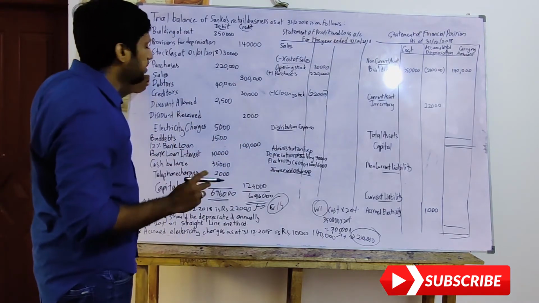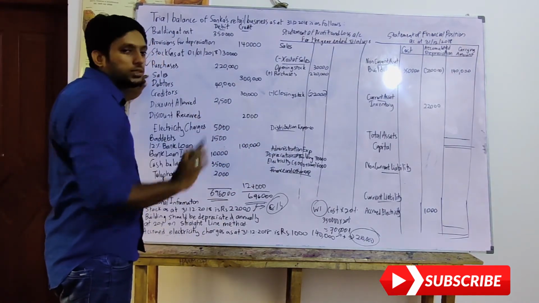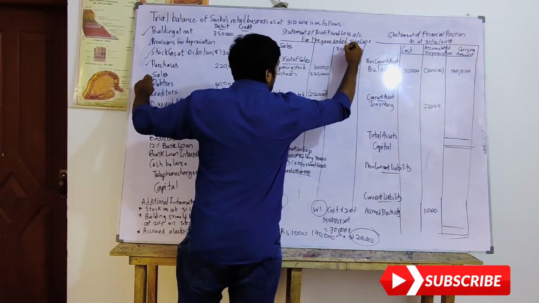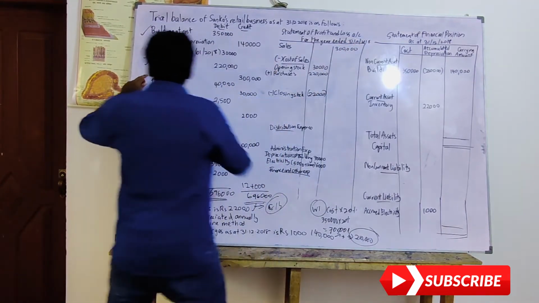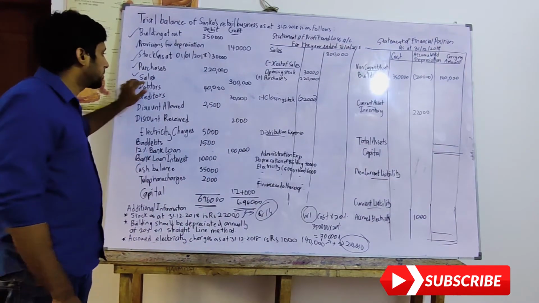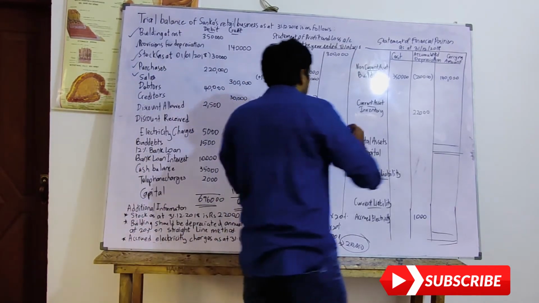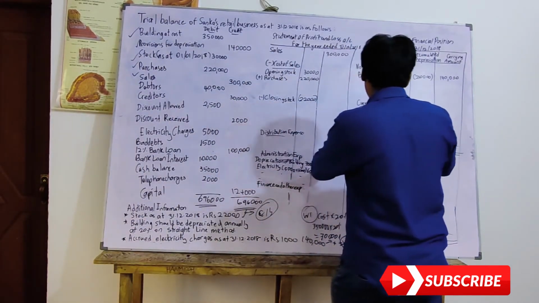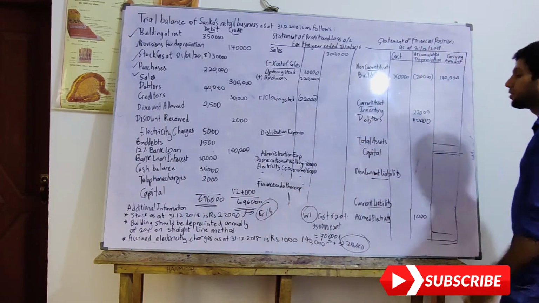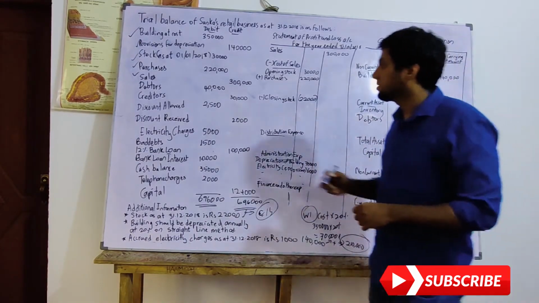Then I have sales. Always record the whole thing, then after you can come and adjust. Sales is how much? 300,000. So I have recorded 300,000 sales. We are done with that also. So we are moving on to the debtors adjustment. Let's record debtors now. Debtors is 40,000. So I will record it under current assets as debtors 40,000. So easy. Always use the second column when you are doing the sum. And let's move on to the next part.